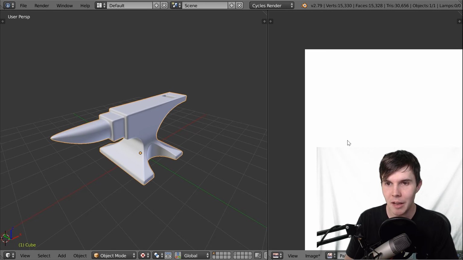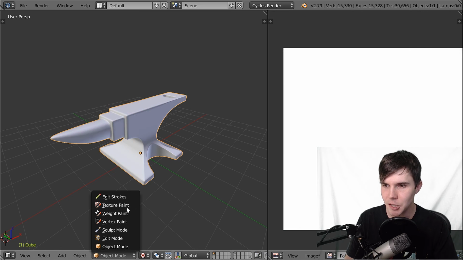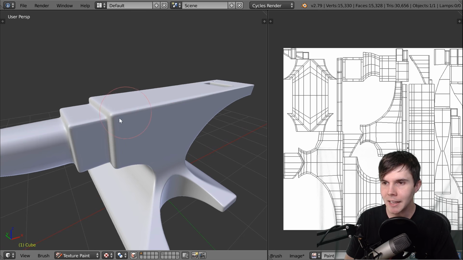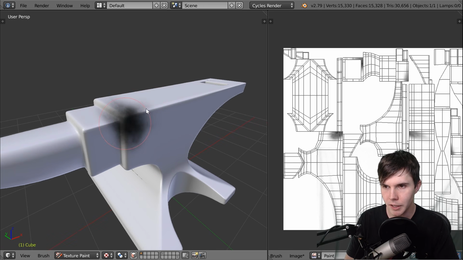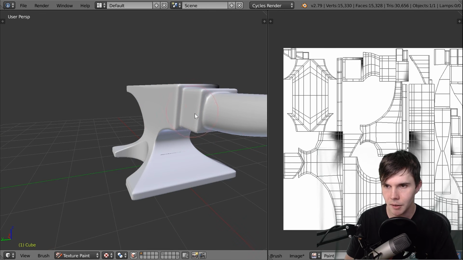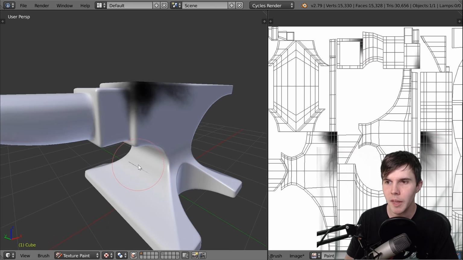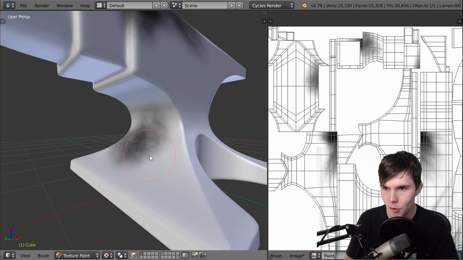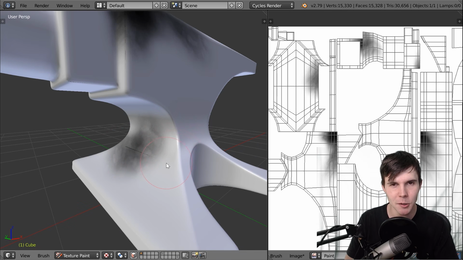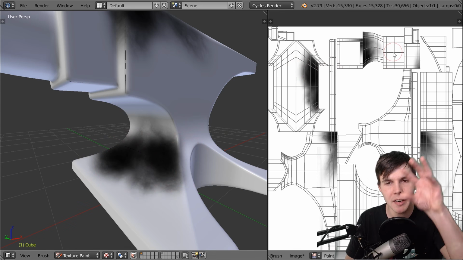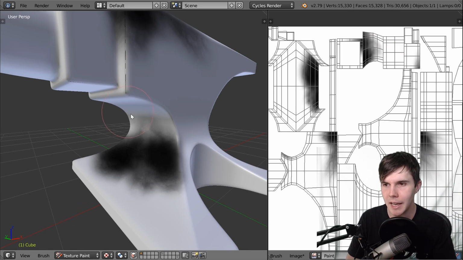So I want to show you now, if I was to use this with texture painting, I'll show you why it doesn't matter. Because this was in texture paint mode, I can actually paint directly onto the model here, right? I'll just show you this really quickly. And you can see that as I'm painting it directly on the model, it's drawing it on the appropriate UV island. So, for example, you remember that we had this really heinous looking seam going across here. Well, you can see I can paint directly across it. It doesn't matter where I paint because it's going to add it to the correct part of the UV layout,